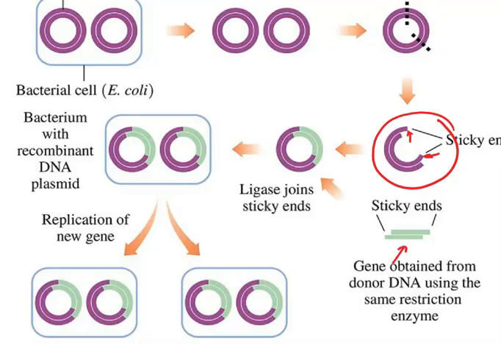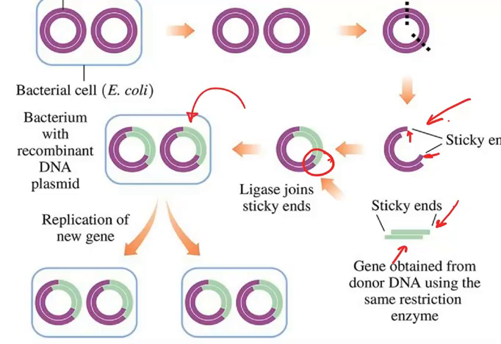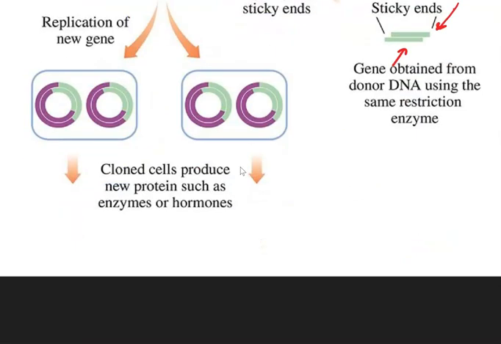You mix your plasmid here, and you mix the gene of interest, and they stick to each other because the ends are matching. Okay? You treat them with the enzyme called ligase, force that plasmid into bacterial cells,